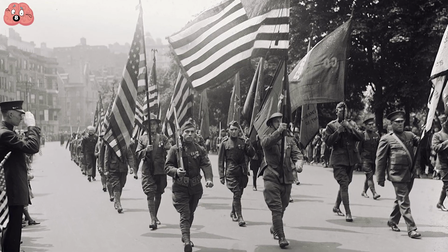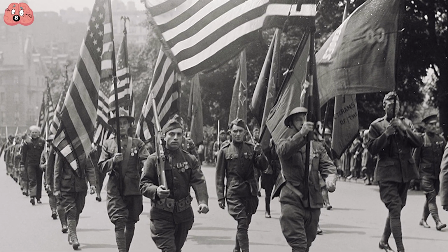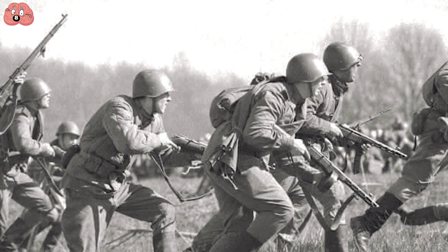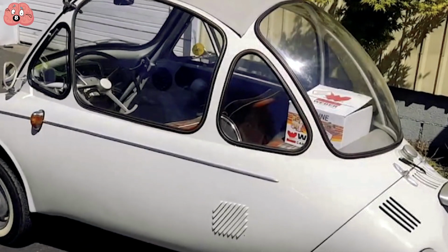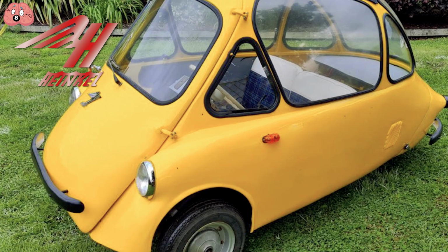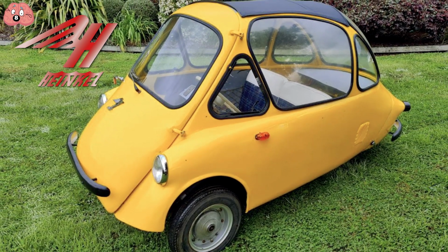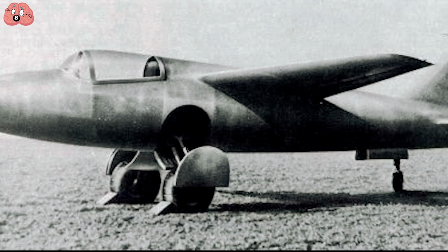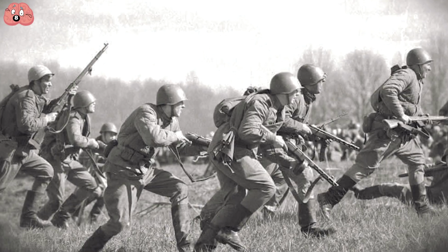Number 8. The Heinkel Kabine. After World War II, Germany wasn't exactly awash with resources. They therefore had to get clever by making do with less. The solution used 3 wheels instead of 4. Enter the Heinkel Kabine, a 3-wheeled microcar designed and built by Heinkel Flugzeugwerke. For you history buffs out there, that's indeed the same company that made bomber planes and invented liquid-fueled rockets and turbojet-powered planes for the Luftwaffe during World War II. Banned from making any of that anymore for obvious reasons,